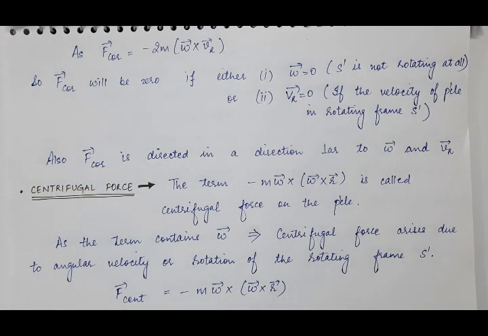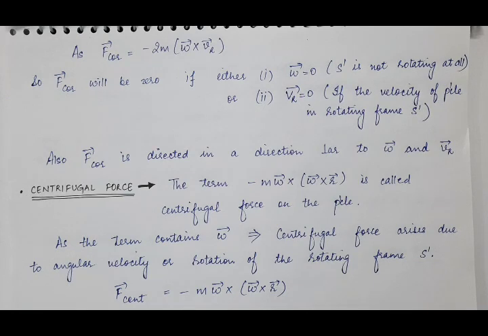It means if the particle is at rest in the rotating frame, even then there will be no Coriolis force acting on that particle. So Coriolis force acts on the particle in the rotating frame S dash if and only